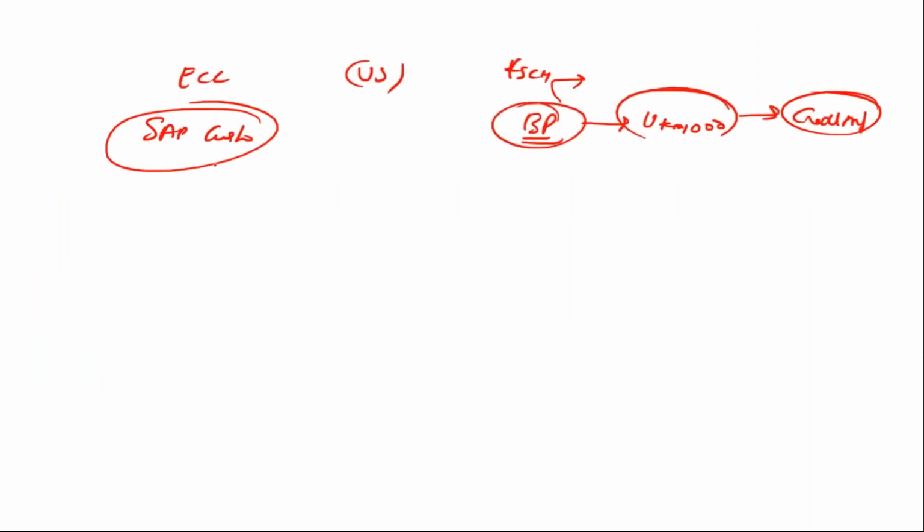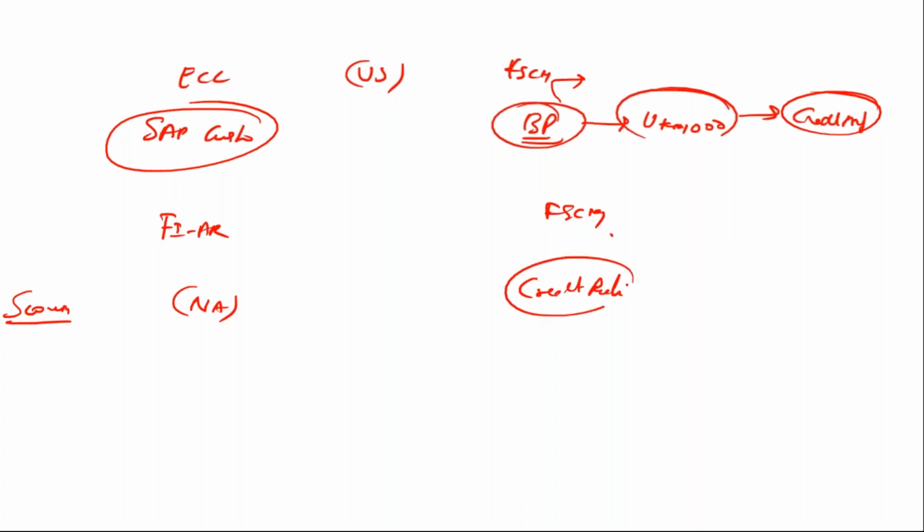Okay, when you talk about it, it's from customer to a BP. So then it's moved from your FI-AR component to your FSCM component, right? As I said, this is so because previously there was something called scoring, how the scoring and rating is all happening, that was not available as part of the ECC. Now a lot of credit rules engines have all been integrated. With the credit rules engine, credit rules will get triggered directly for the particular customer.